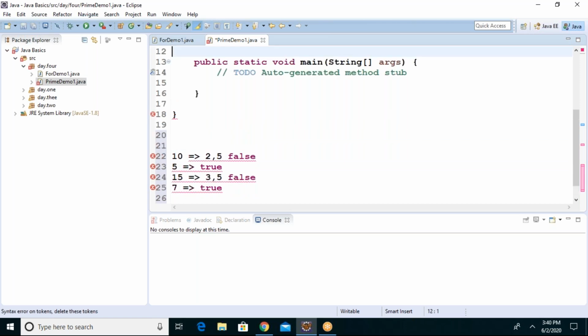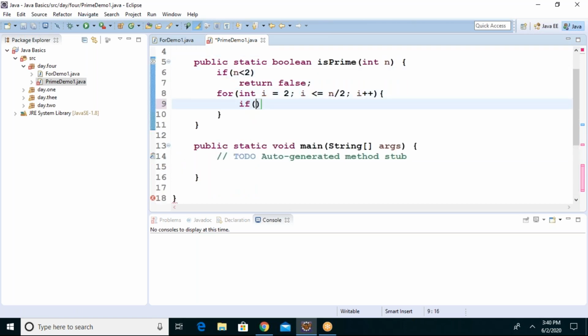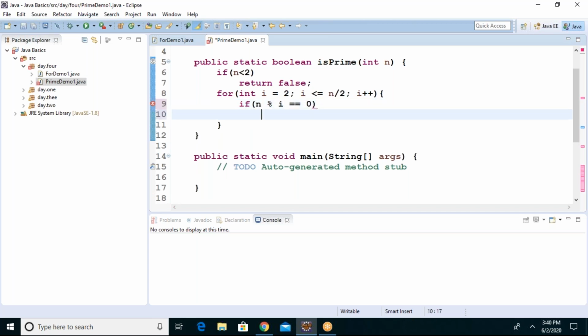That is the reason I'll just say here, in the journey going from 2 to half of the number, if I find n % i equals 0, I mean if you find at least one, then there itself I'll just return true, false, sorry. I hope everybody understood this logic, why I wrote it. I don't want to move. See, I got one factor. That means it is not a prime number. I don't need to continue my for loop. Even if multiple iterations are still left, I don't need to continue. That is my intention, boss. Am I reaching everyone?